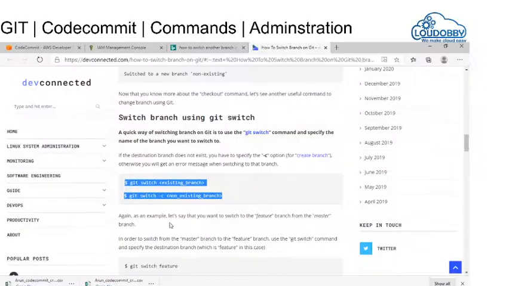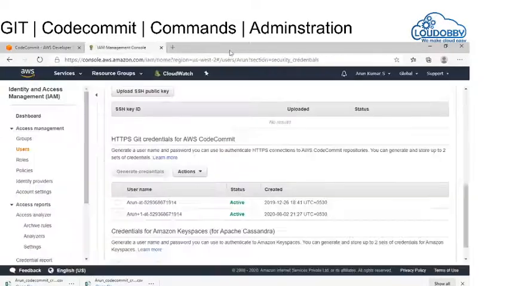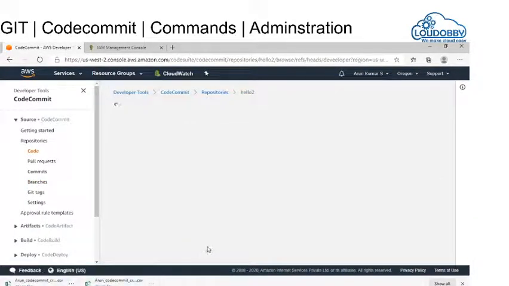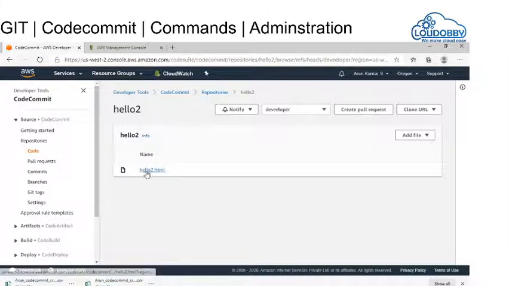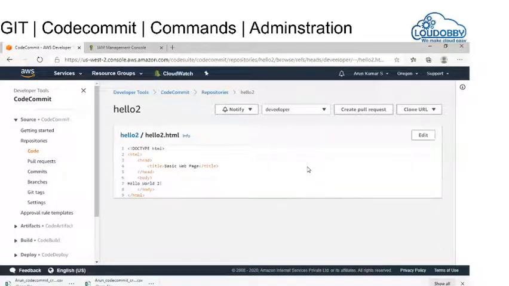Now I will go to the repository. Okay, now we will see the commit in the developer branch. So hello world 2, the same code. I can see hello world 2.